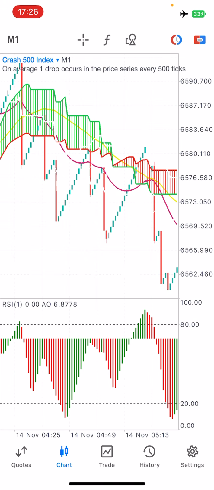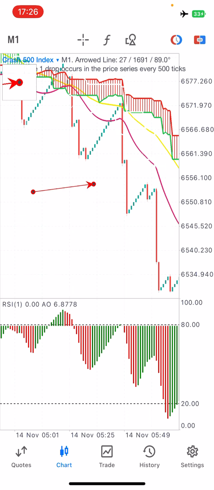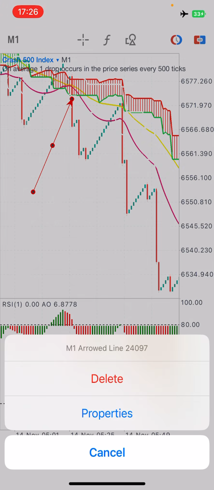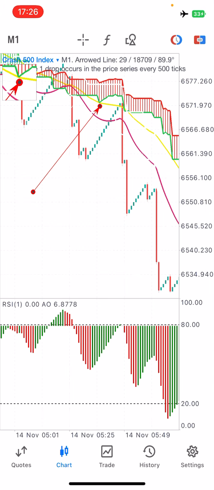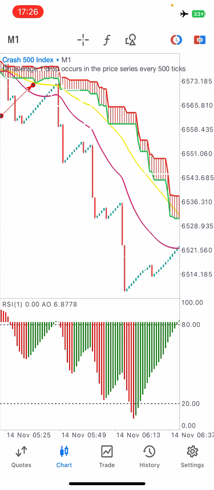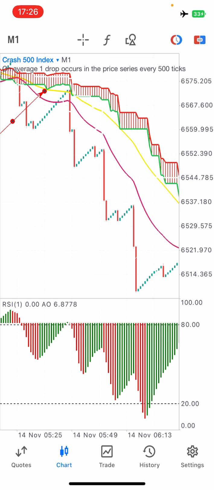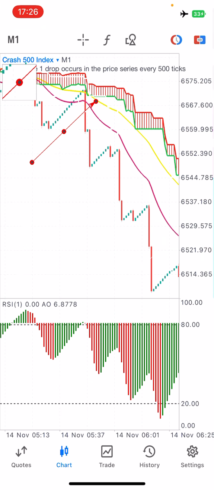We had our yellow line, where is it? Here, crossing to be above our candlesticks, which means we're about to sell. Right? So whenever you see the yellow line crossing to be above your candlesticks,